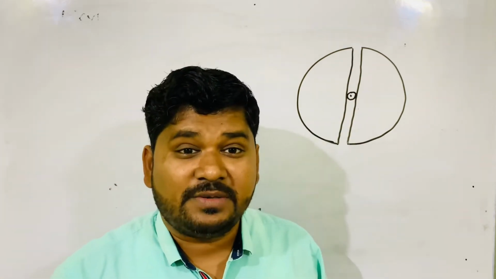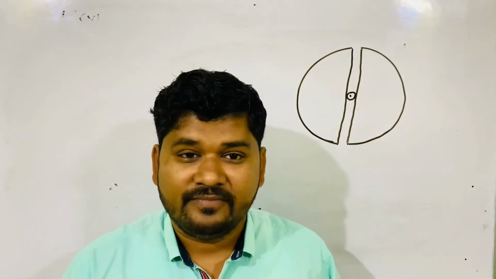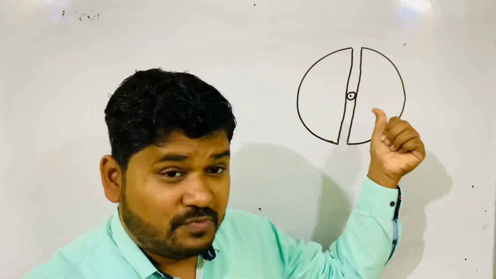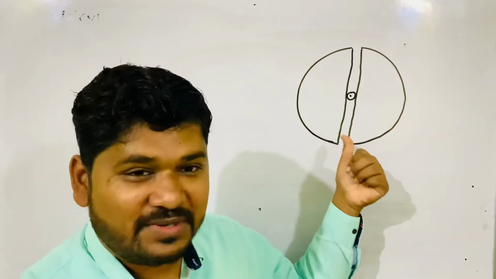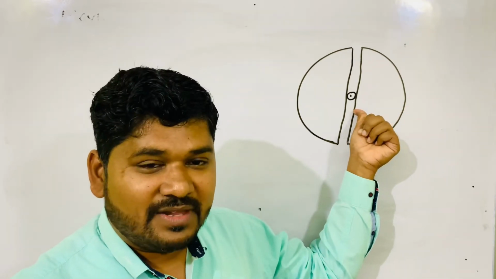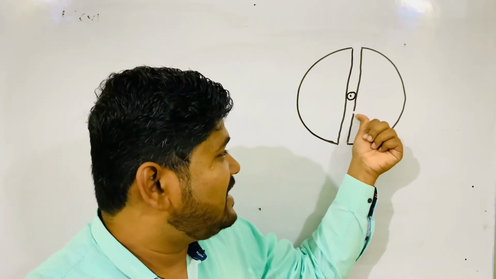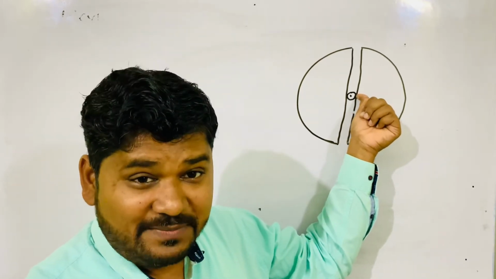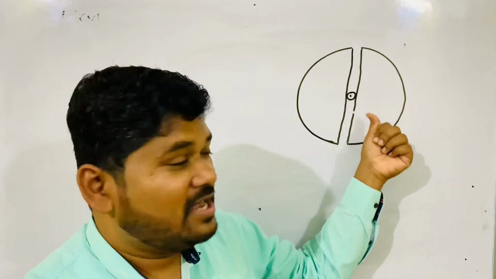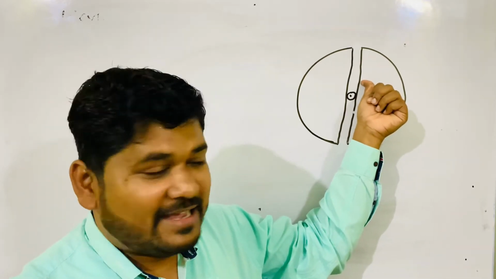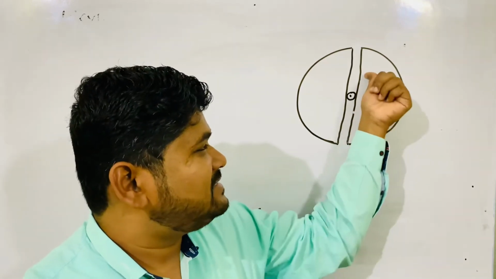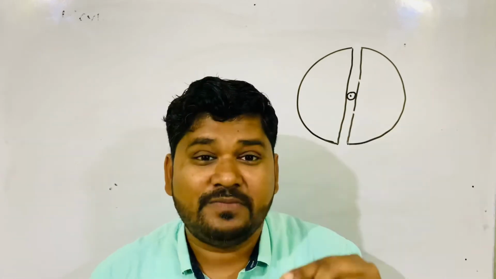Due to inertia of motion, it will go a little further. When it goes a little further, we should not use the word downward here, because this is the whole earth. In earth there is no down. So when it goes a little towards this side, again earth attracts it towards the center. Due to the restoring force, again due to inertia it will go to the other side. Then from this side, this side, this side. Now which type of motion does it execute at the center of earth?